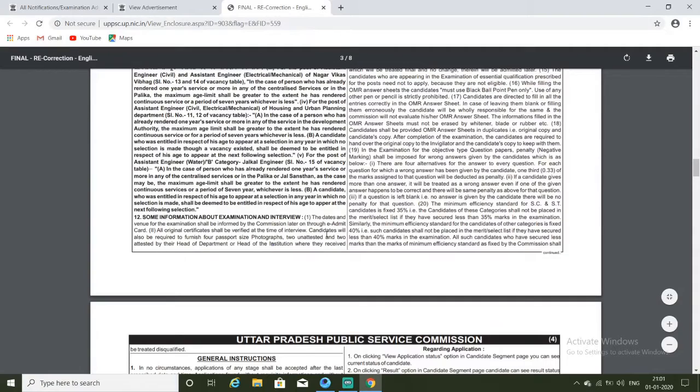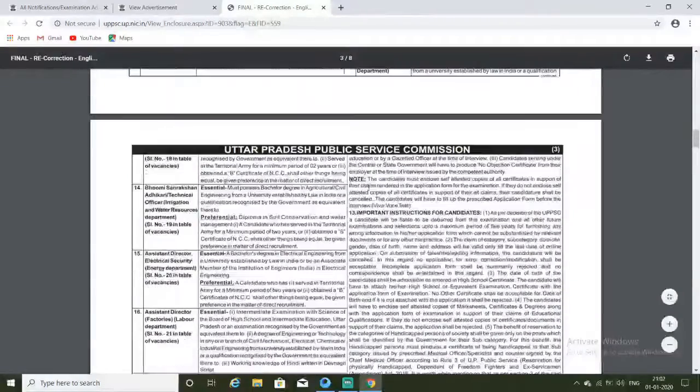Candidates should also have 4 passport size photographs, 2 unattested and 2 attested by the head of department or head of institution where they received education, or by a gazetted officer, at the time of interview. So at the time of interview there are some conditions.